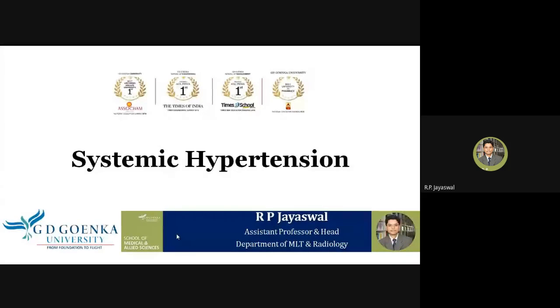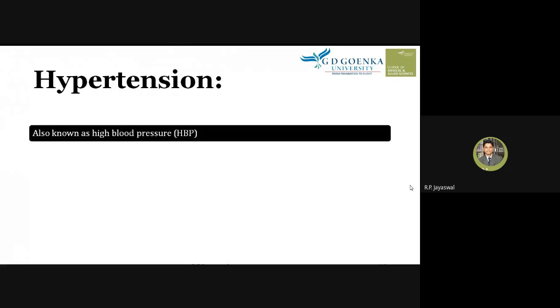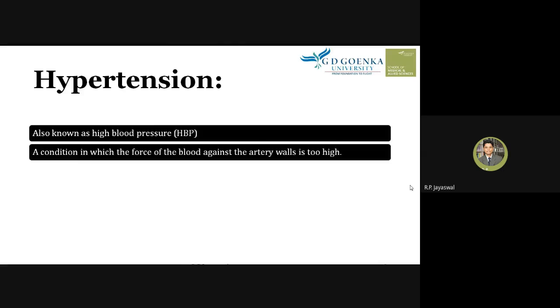Students, today we are going to study systemic hypertension once again. Let's know what hypertension is first. Hypertension is also known as high blood pressure, and it is a condition in which the force of the blood against the artery wall is too high, and because of this high pressure on the artery, we can record